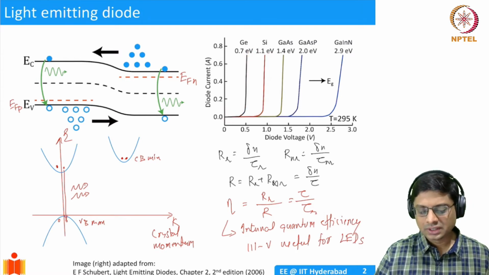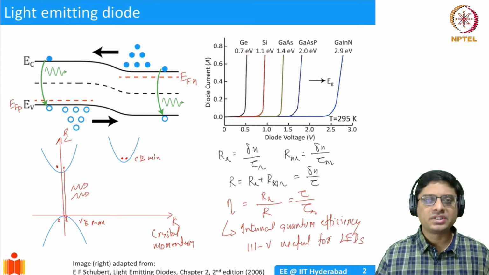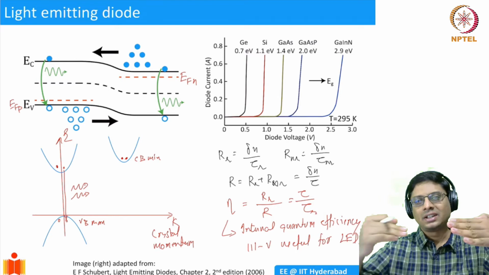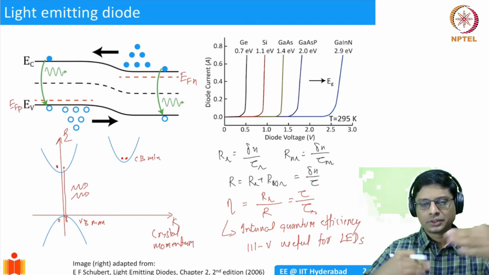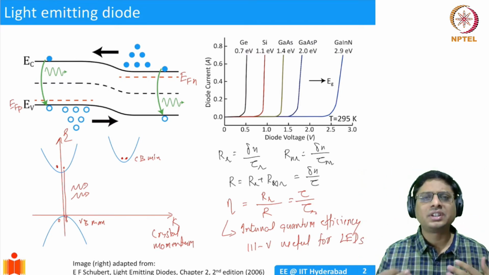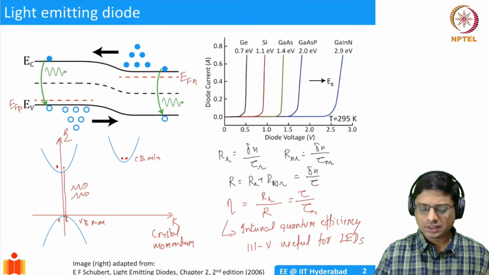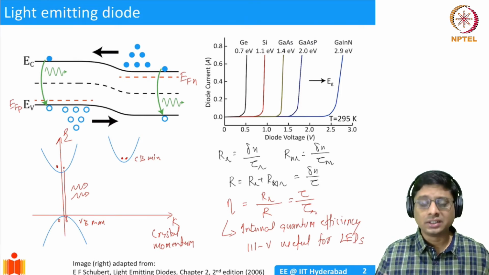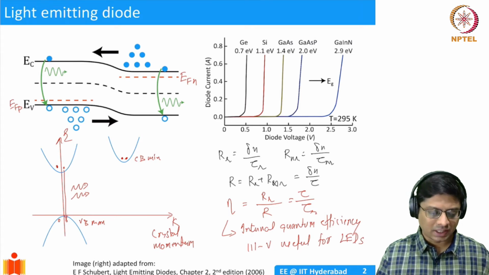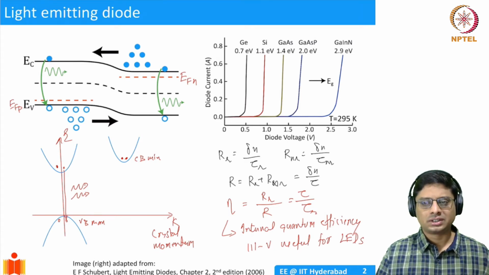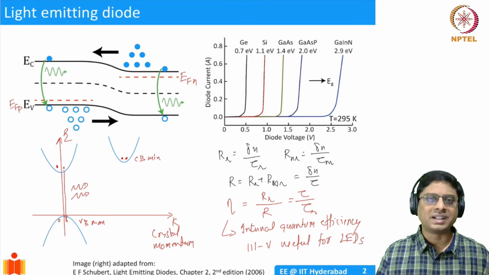The threshold shifts. The reason is we saw that in a PN junction, the maximum threshold that you can achieve is essentially when your Fermi levels, the N type goes to EC and the P type goes to EV. So the maximum VT that you can achieve is roughly about the band gap. It's usually slightly smaller than the band gap, unless you dope it very, very high. So that's not a very ideal thing to do. So roughly the VT will be of the order of the band gap.